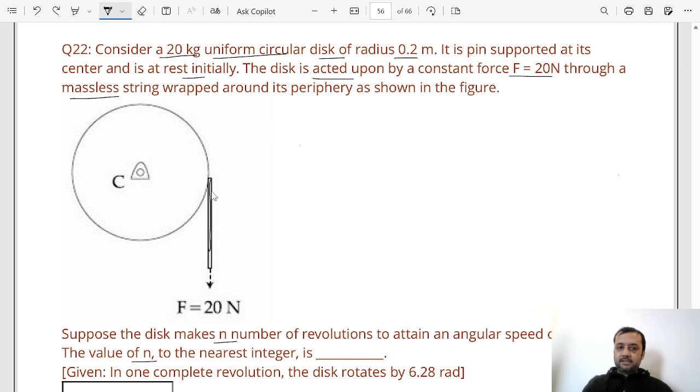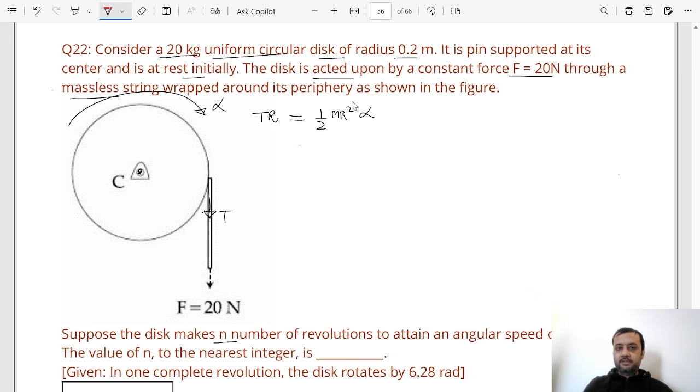That means the tension in this string will become 20 Newton, and this string is wrapped around the pulley. So you can say that the torque of this tension about the center will be T into R. Torque of mg and the hinge force will be 0 about the center. So this will be the net torque, and that will be equal to I, which is half mr square, into alpha. Let us say that the pulley rotates with angular acceleration alpha in the rightward direction